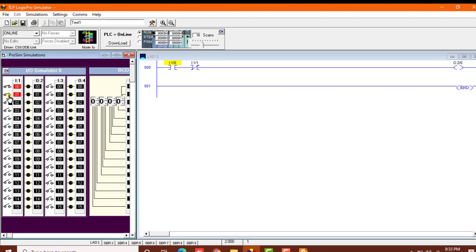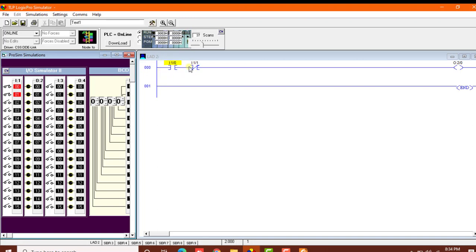Okay, when I turn the second switch on, which was examine if open, that turns on only when the switch is open, so the output has turned off, because we have applied an input over here, which means that if you apply an input to examine if open switch, then what will result is that you will have no output.